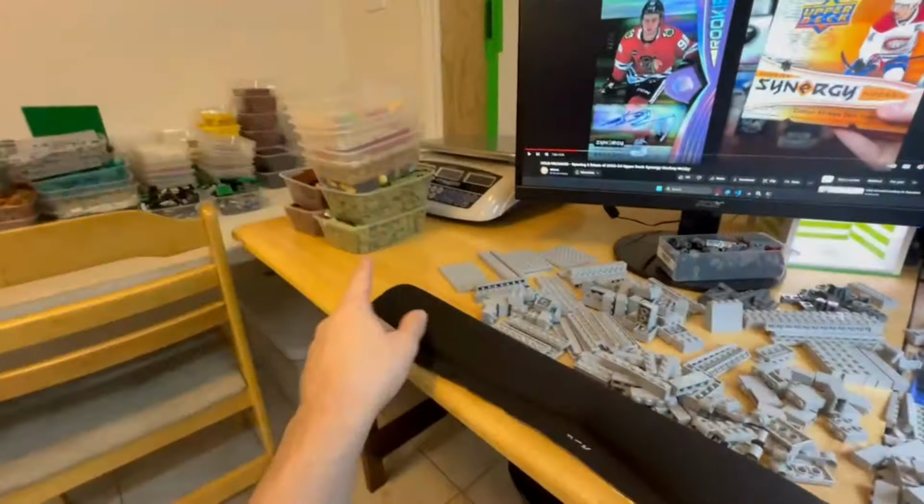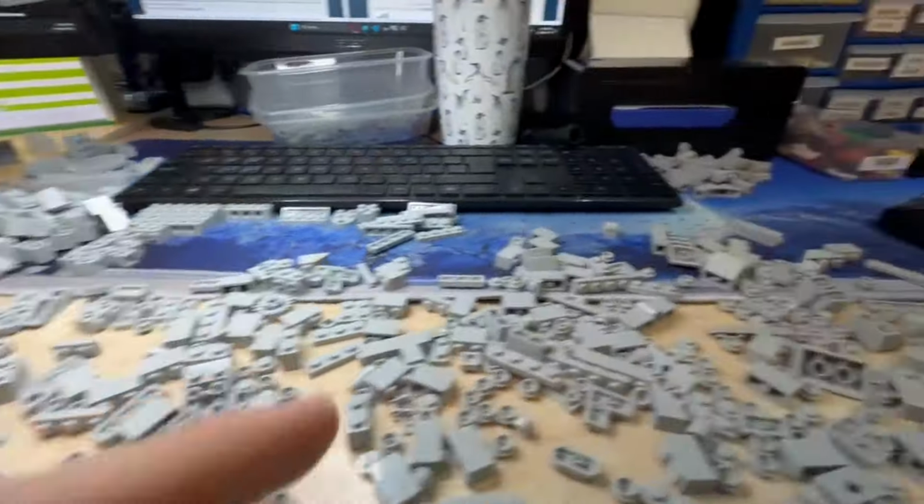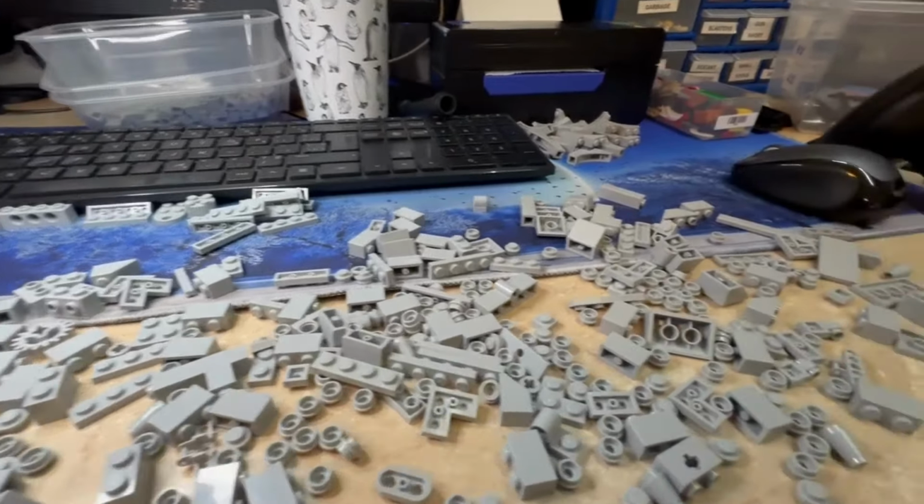I was able to get those ones over there done. So after this, we have olive green, reddish brown, and a couple smaller colors. This here is by far the largest of the colors. And so yeah, I'm just first